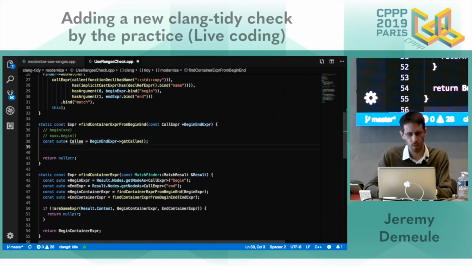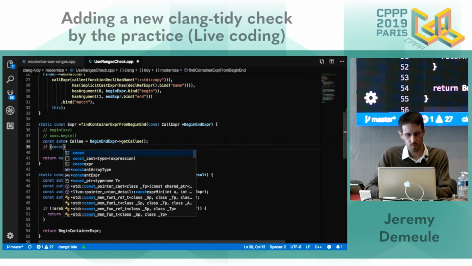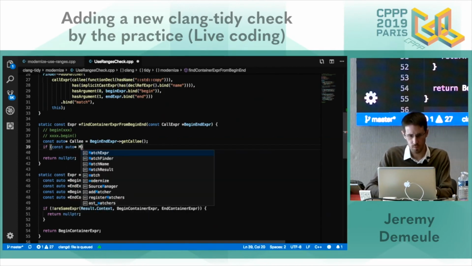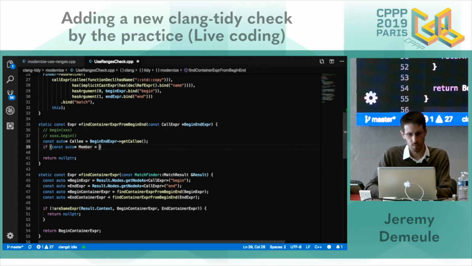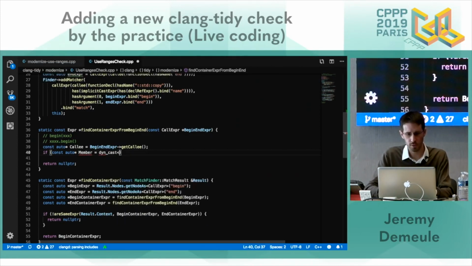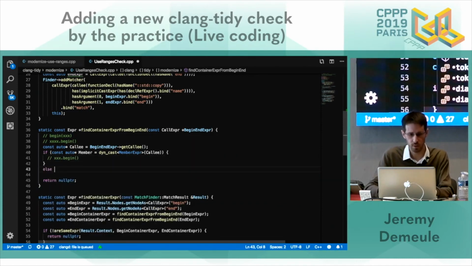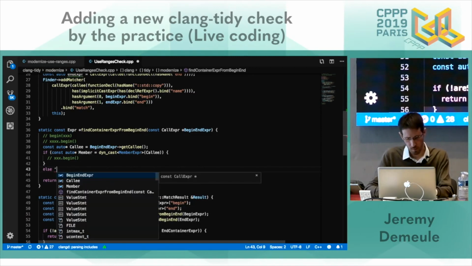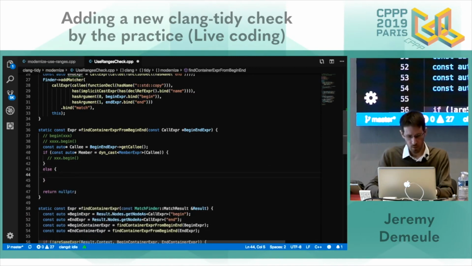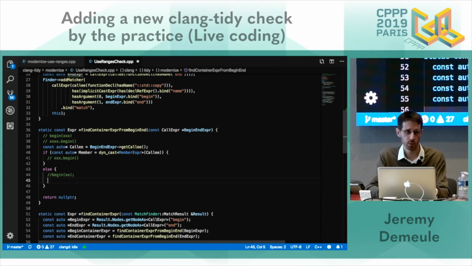Get callee. If const auto, if I am able to dyn_cast this one to a member expression, I'm inside this kind of call, else I'm a free function call. In the case of free function calls, it's quite easy.